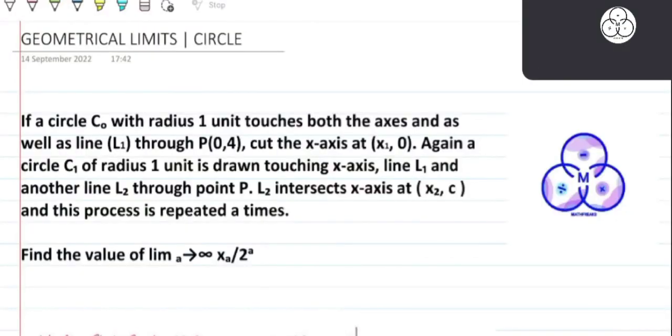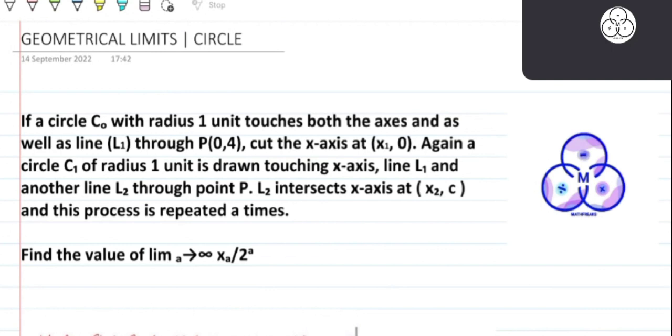So here we have a very interesting problem from the concepts of circle. You can see there is very little application of limit here. So just go through the problem statement and then we will solve the question. Give it a try, then look for the solution. The given question says we have a circle of radius 1,